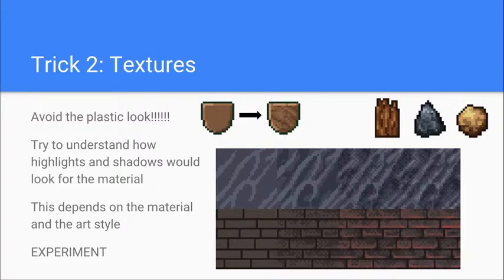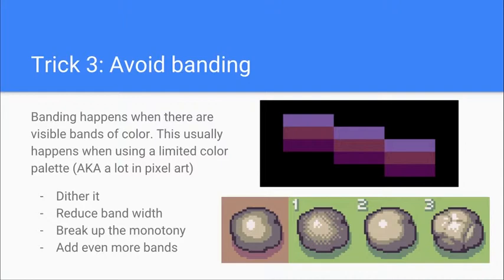So, moving on to trick number 3, banding. I think this is the last part of this. Banding happens when you have noticeable bands of color and it looks really bad. This is the classic case of what's called staircase banding, when you're trying to shade a bar, a line or something,